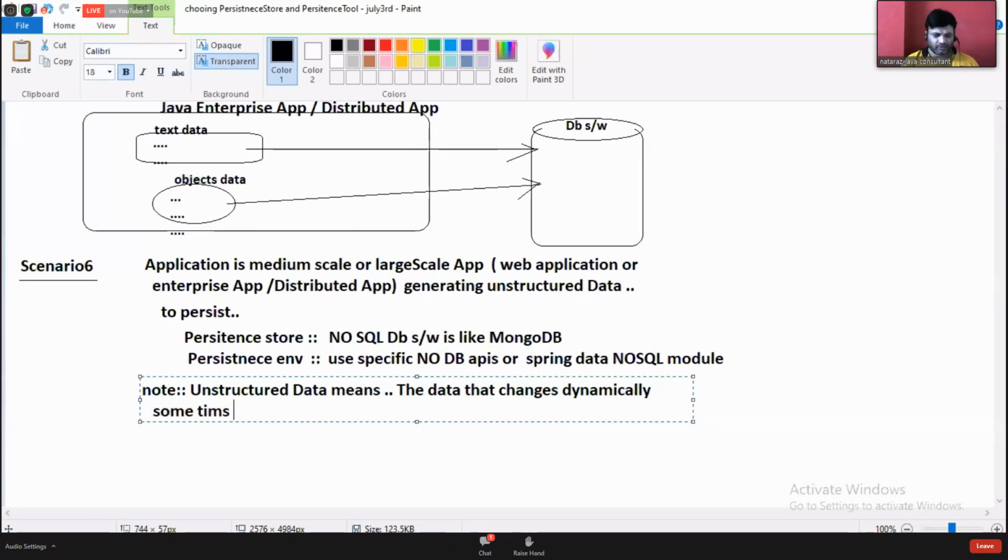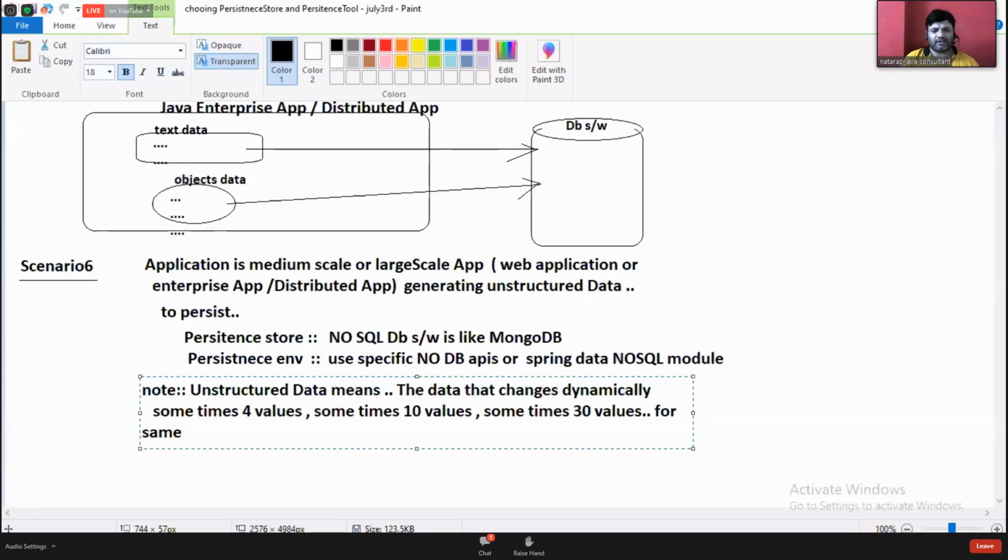Sometimes 4 values, sometimes 10 values, sometimes 30 values for the same employee details, for the same employee type details.